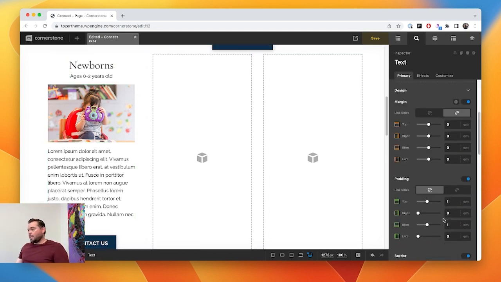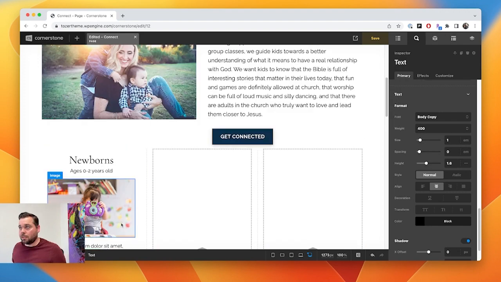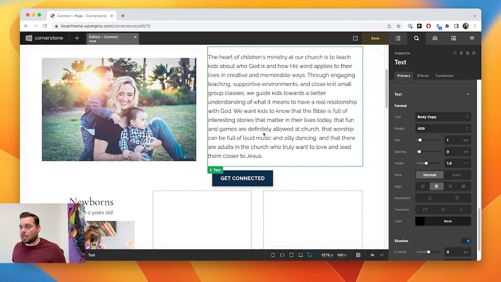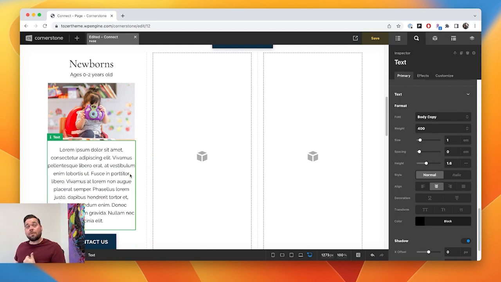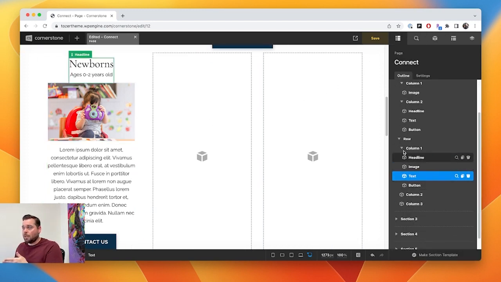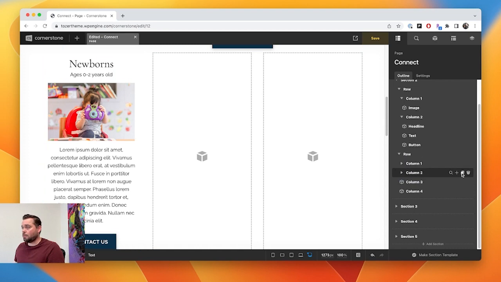Now I do want this centered, so I'm going to go back and center this, and voila. I have this awesome little subsection, and now I have my first age group, but I want this 3 times. Well, rather than creating each one individually, I can actually duplicate this whole column and have it 3 times. Okay, so let's say I want this column multiple times. I'm going to hover over this, and I'm going to click duplicate,